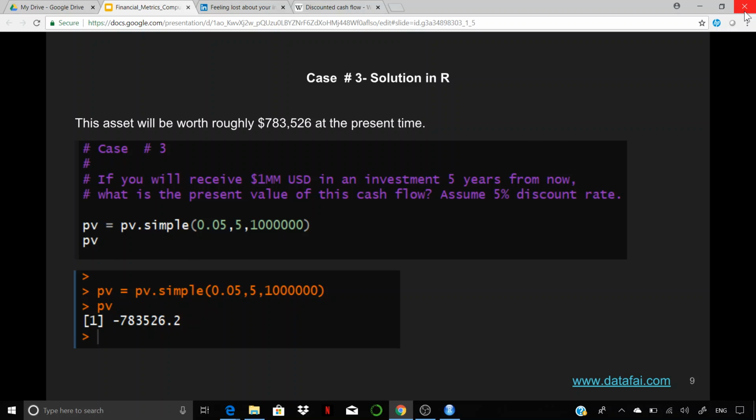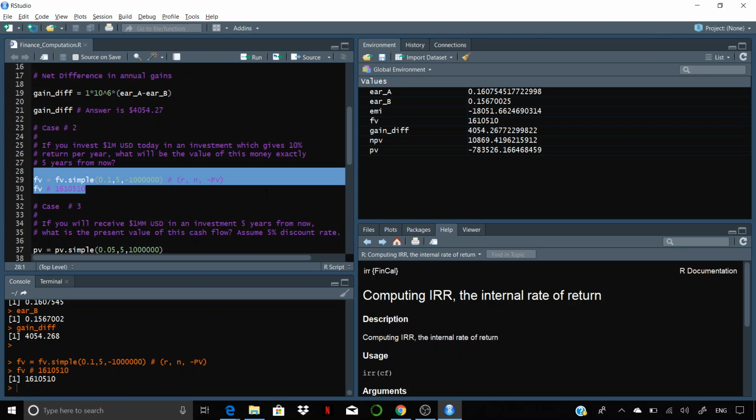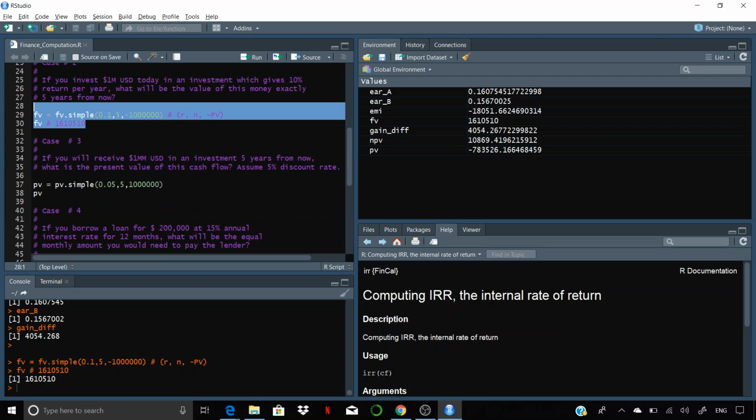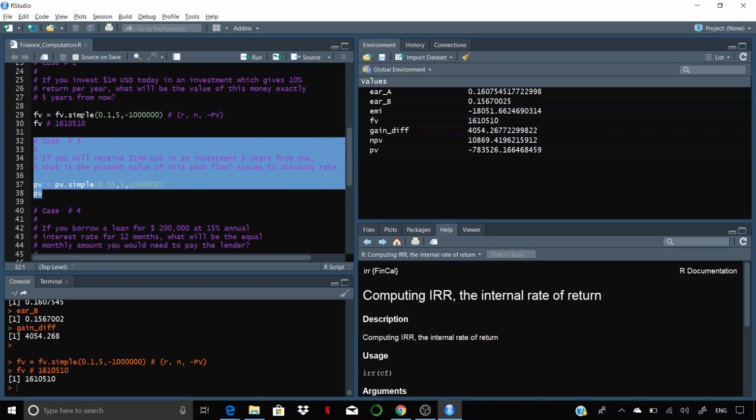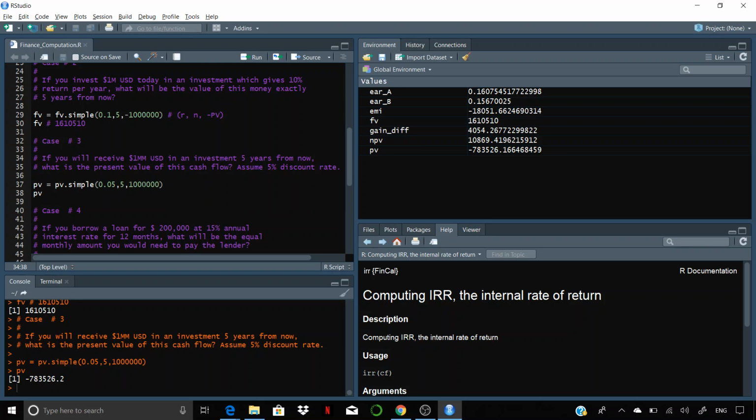So let's do this very quickly in R. This is case 3, and again the code is very simple and straightforward. So pv.simple, 5% discount rate, 5 years of tenure, and $1 million of return that we're gonna get as the future value. I want to find the present value of that, right? So in order to get $1 million 5 years from now, you have to invest 783K dollars, right? And this can also be used in cases like